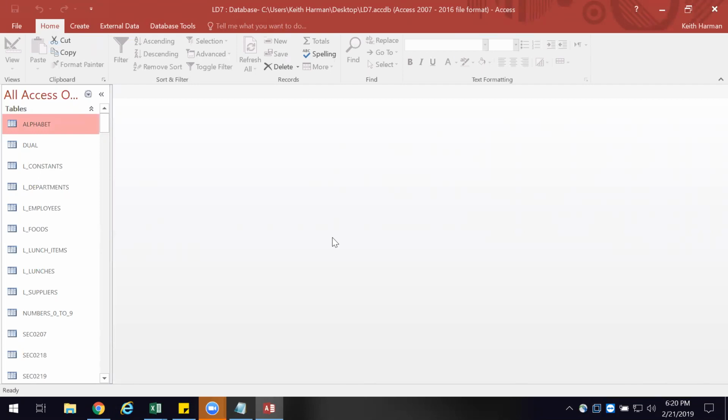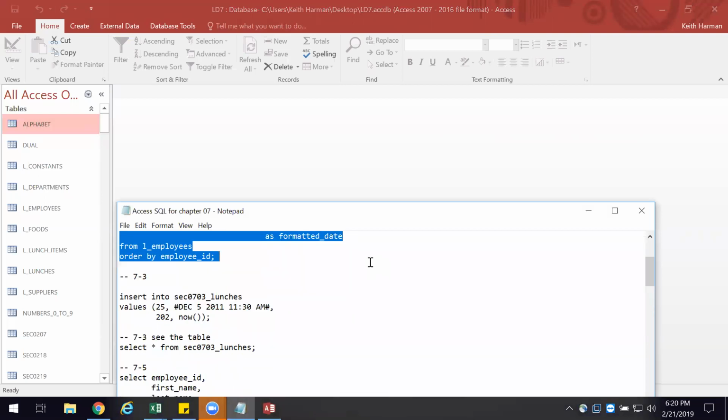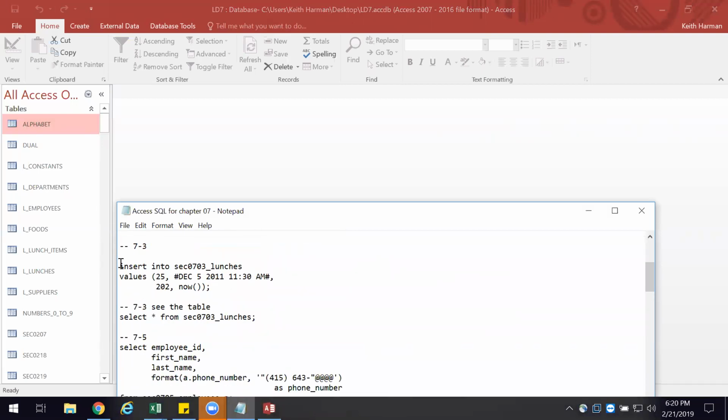Now, 252 and 253, they walk you through another, and the bottom of page 252 is an insert. So let's pull that code up for just a second and take a look at it. And all we're going to do is insert this into this table, and then we have the values we're going to insert into it. Now, again, insert queries,